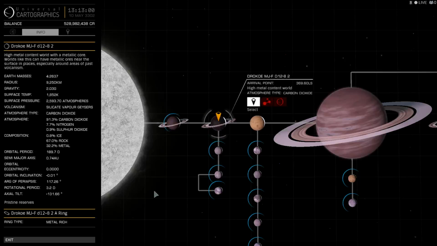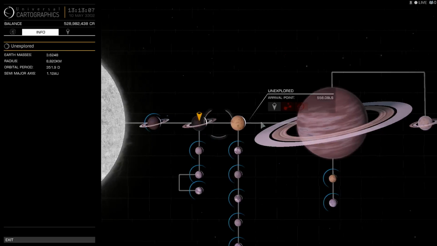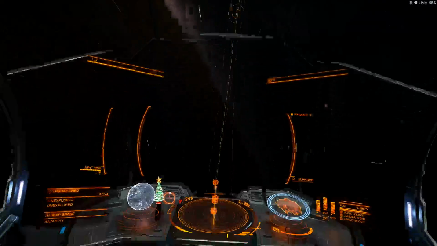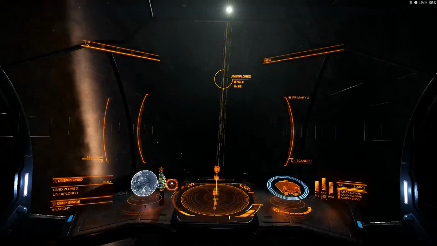Oh yeah, and what rings? Oh, just down that one. And it's got a metal rich ring, rocky ring. So this would be a really good mining area. But we're at 15,000 light years away from civilization. So